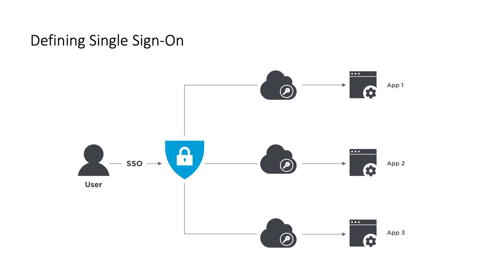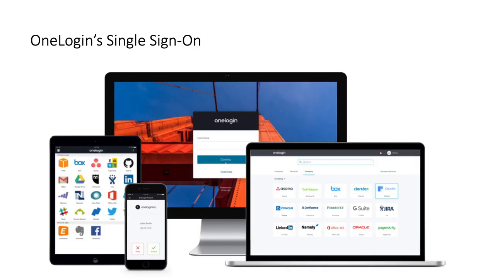On an enterprise level, SSO refers to the capability for employees to log in just one time with one set of credentials to get access to all corporate apps, websites, and data for which they have permission. With the OneLogin Single Sign-On portal, users only need to enter one set of credentials to securely access their web apps, whether via desktops, laptops, smartphones, or tablets. This significantly improves productivity while ensuring data security.